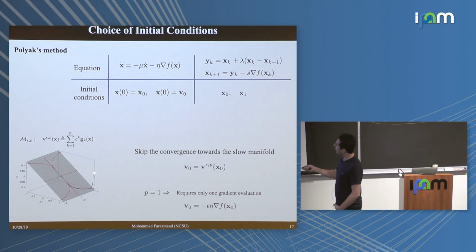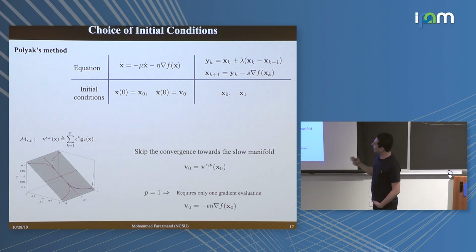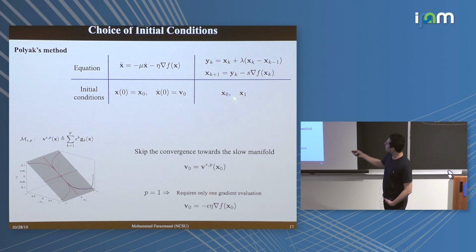Now, a nice thing about knowing where the slow manifold is the following: you know that the initial phase of the evolution of the continuous system is just converging towards this slow manifold. It's not doing much in terms of converging to the minimizer itself. You initialize it, it goes to the slow manifold, then converges to the minimizer. So the question is whether we can skip this part and save ourselves a lot of initial iterations. It turns out that you can, and the trick is to take v0, the initial velocity, or when you go to the discrete iteration, take x0 and x1 in a particular form,